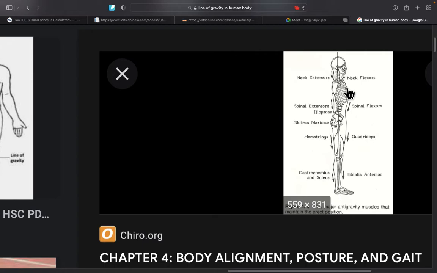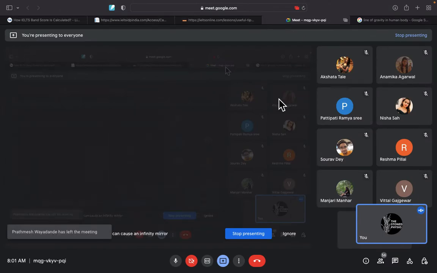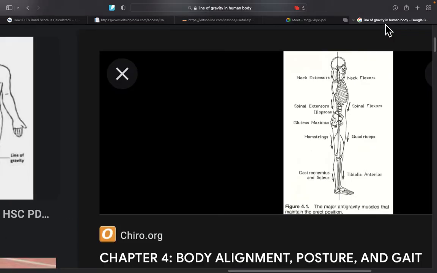There is one more concept on the basis of which we talk about the poke chin posture or the forward neck posture. If I ask you about the movement arm around which the movement of the spine is happening, let's say first we talk about the cervical spine. In the cervical spine, the line of